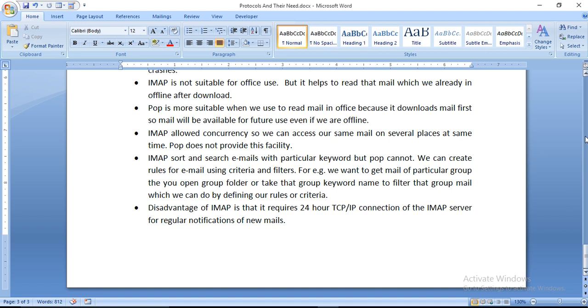So this is all about the mails and how we transfer the things by using HTTP and FTP. So today I am closing this